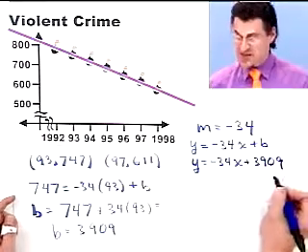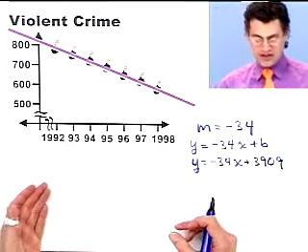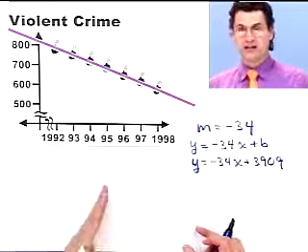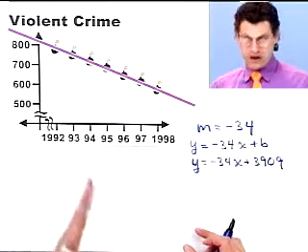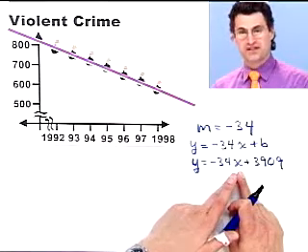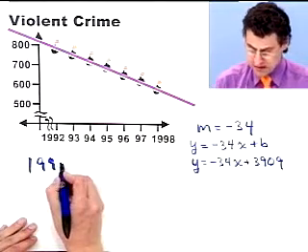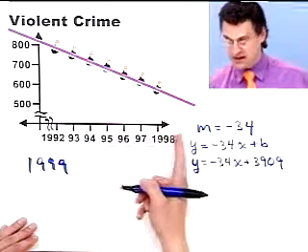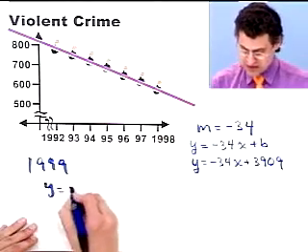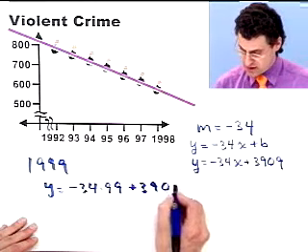We can now ask if this makes sense, because we can use that information to see if we can predict things. For example, let's guess what this model would predict for the violent crimes for the year 1998, which would be putting in 98 here. Remember, I'm just putting in the last 2 digits. So if I let x be 98, 99 rather. 98 we already have. 99, let's try to predict the next one. I'd put in 99 here, and I'd see y equals minus 34 times 99 plus 3909.